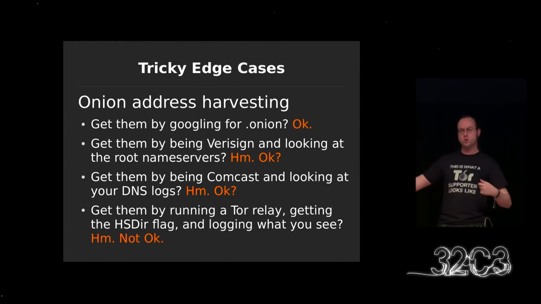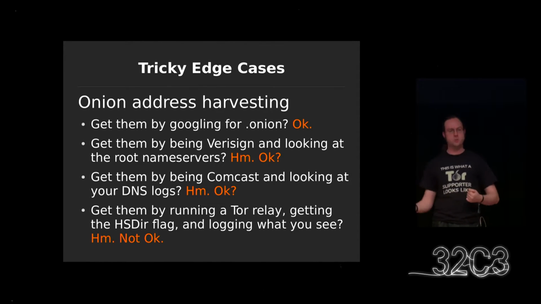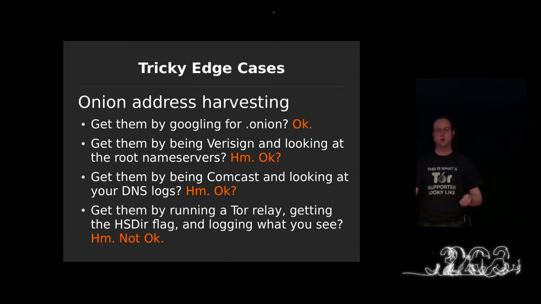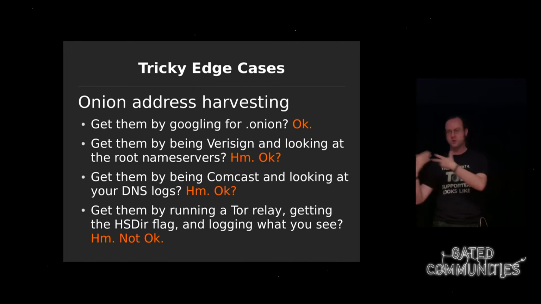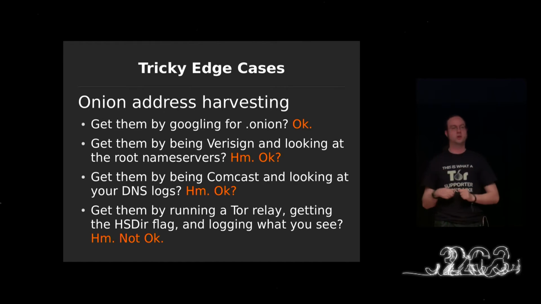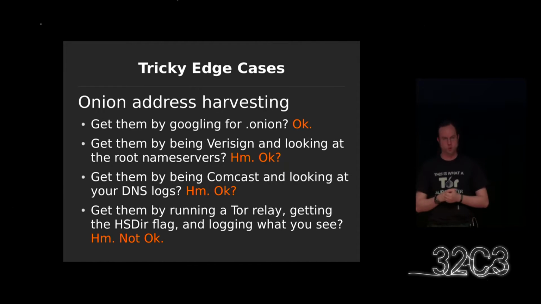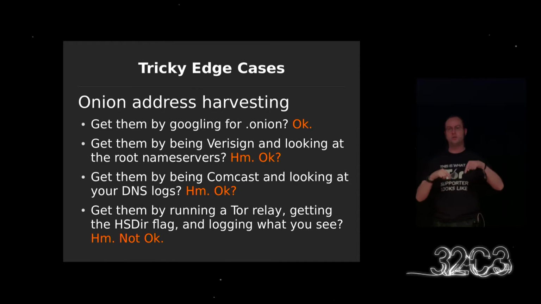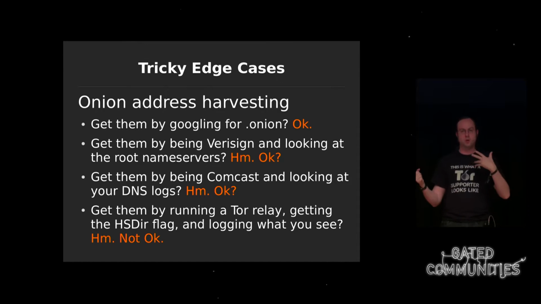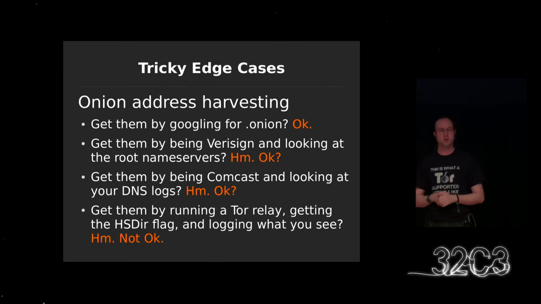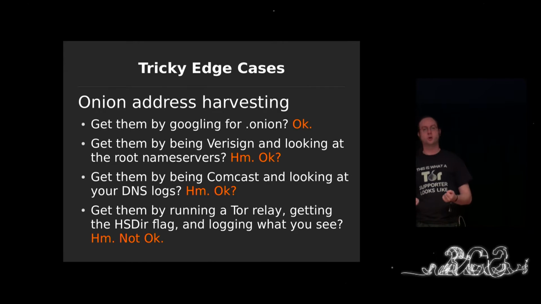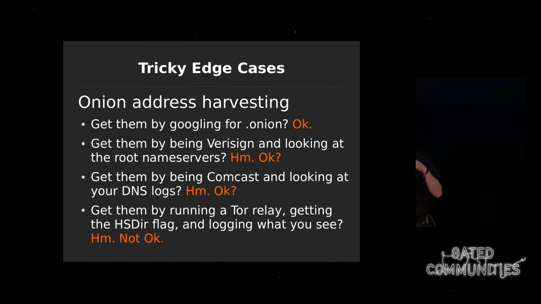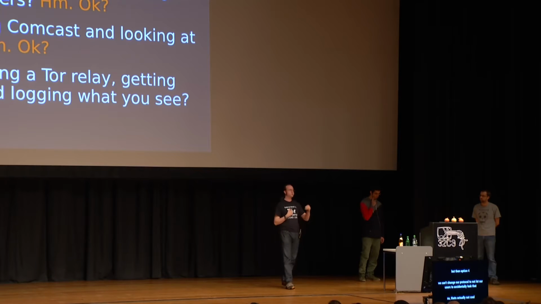So you run new relays in the Tor network, and you sign them up, and they get into a position where they can learn about onion addresses that are being published, and then you make a list internally. So that's actually not cool because it's part of the Tor protocol that people providing onion addresses don't expect those to become public. And we'll talk later about ways that we have for being able to fix this. So if it's a protocol problem that we know how to fix and it's inside Tor and you're misbehaving as a relay, then that's not cool.